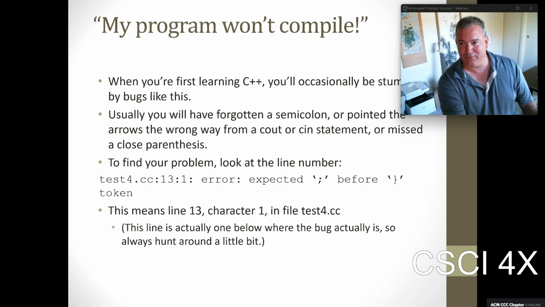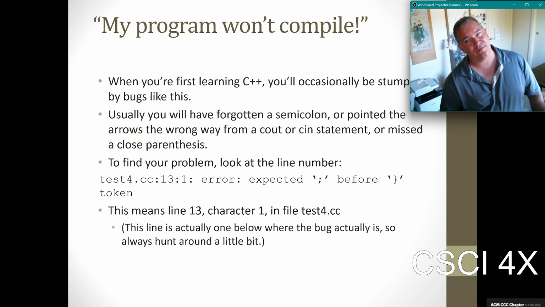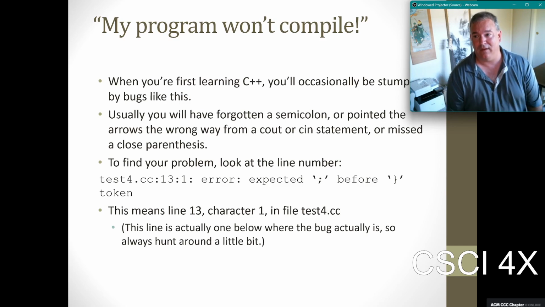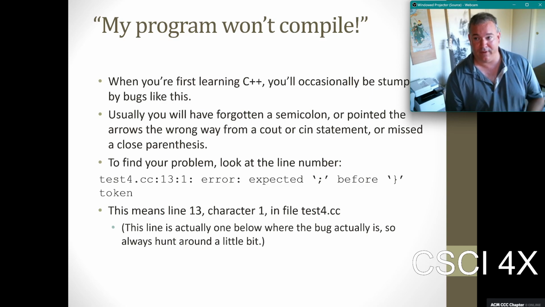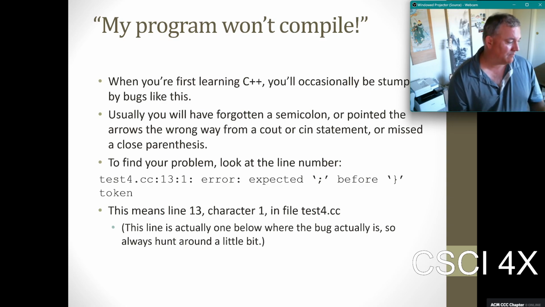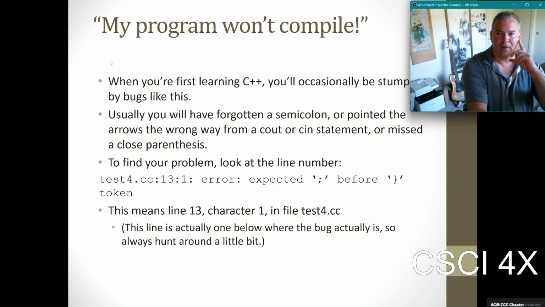Okay, so let's first of all talk about compiler bugs. These, for an experienced programmer, are not serious. For a new programmer, when you don't know how to write a for loop, sure, your code's not going to compile, you're going to get stuck. And you can just post your code onto the help center and be like, hey, why is my for loop not working? And people would be like, you used a hyphen instead of a semicolon or something. The important thing to know here is when you compile your code and it doesn't compile,